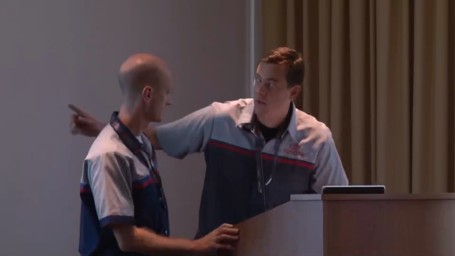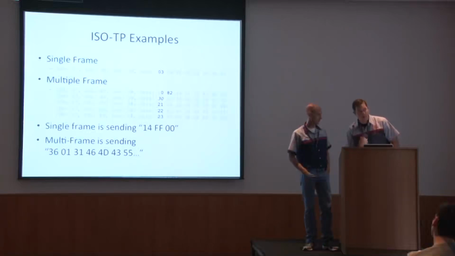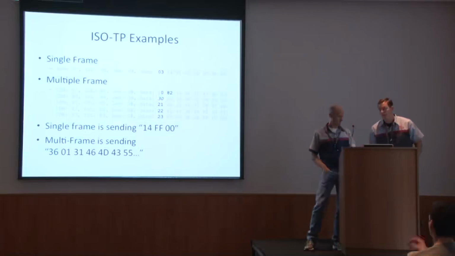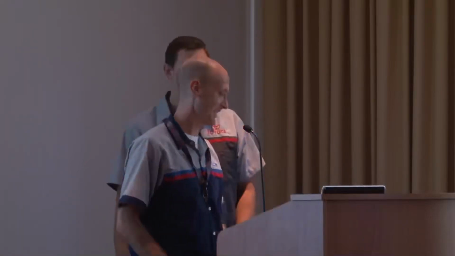See how it goes 21, 22, 23. What happens when you get to 2F? It just wraps around to the beginning again, and we'll start at 20 or 21. So you can send basically an infinite amount of data if you wanted. Well, you can send F. Yeah. But that's it.